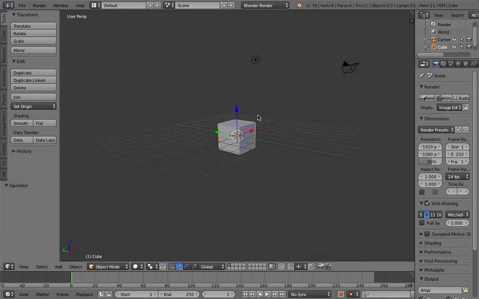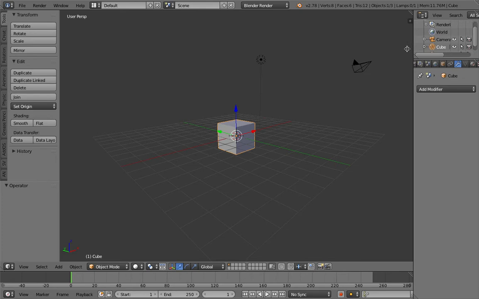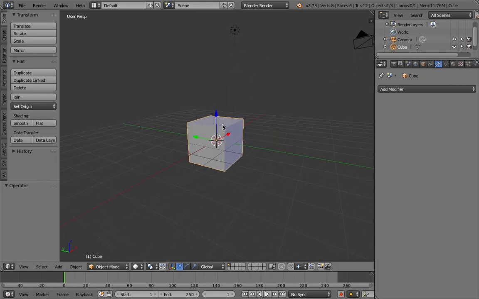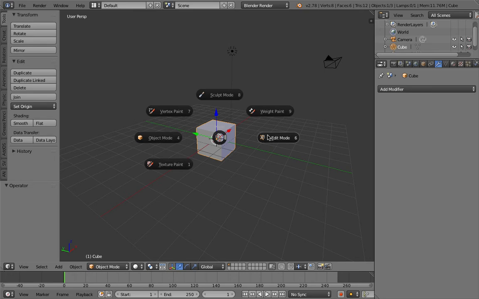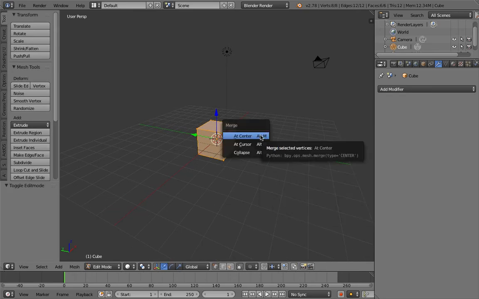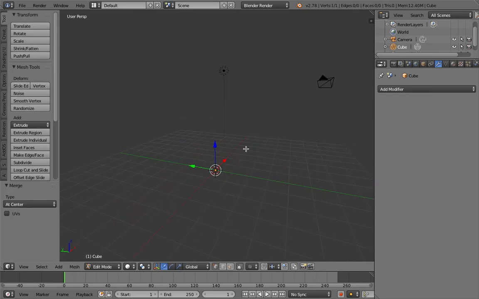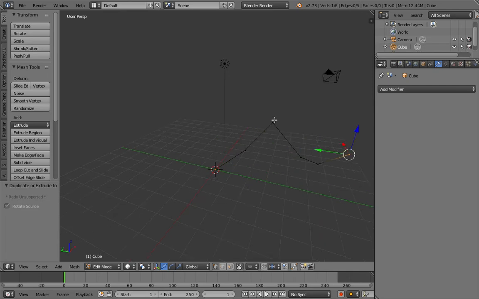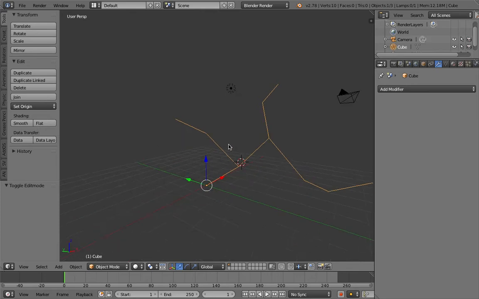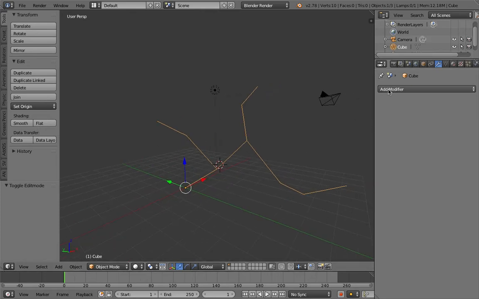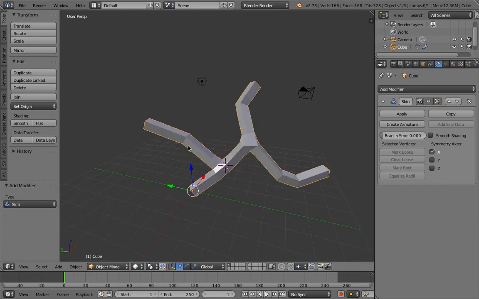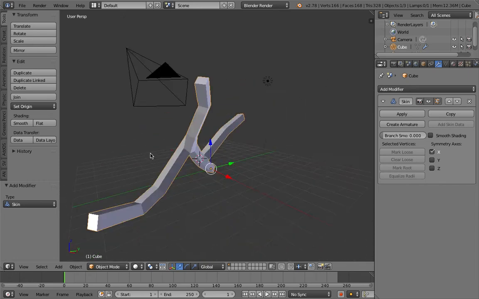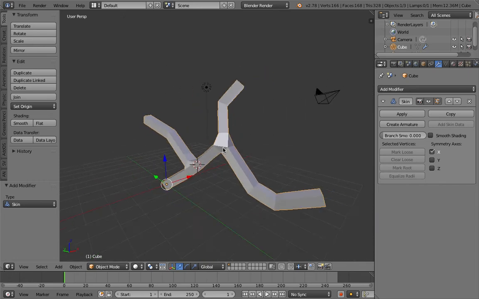So the way I usually work with a skin modifier in Blender is, if I start with a cube like this or any kind of mesh, I can just go to edit mode and then merge all to center, and then I start to control click and make branches or whatever. So this is how I'm usually using the skin modifier, and then just add a skin. We'll turn the edge into skin, and now we can sort of do that inside Sverchok, and even more,